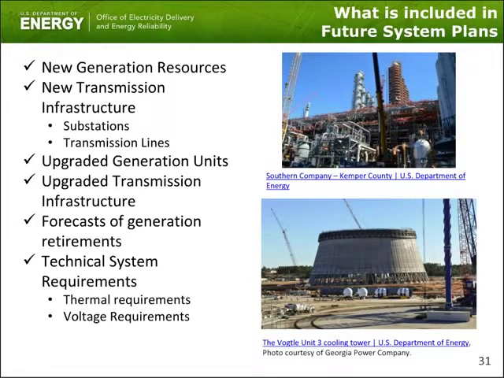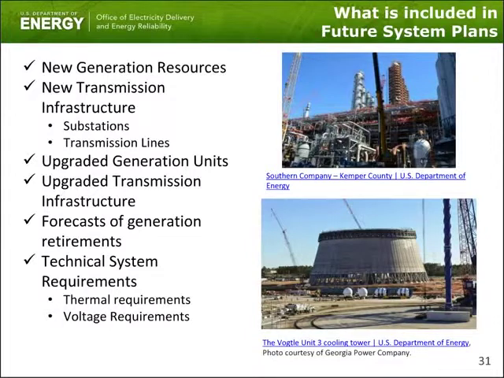Electric system plans include the schedule of when new generation resources are expected to come online, usually by the month and year, when new transmission infrastructure is expected to come online by month and year, what future enhancements are going to be made to existing generation capacity, such as generation upgrades at a nuclear facility, upgrades to transmission infrastructure, such as upgrading a 230 kV circuit to a 500 kV, or adding an additional circuit to an existing transmission line,